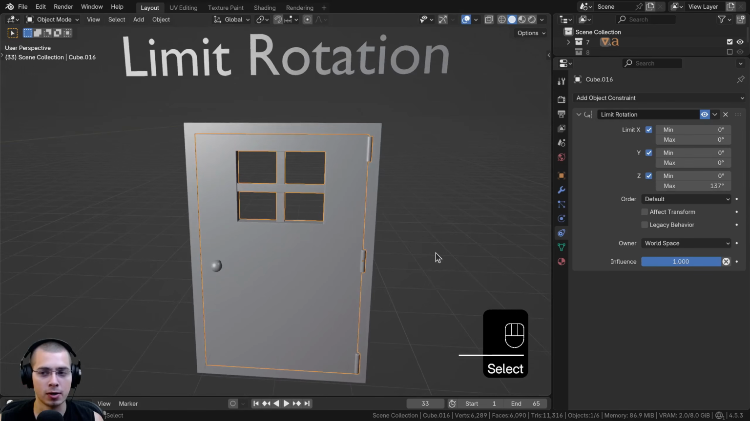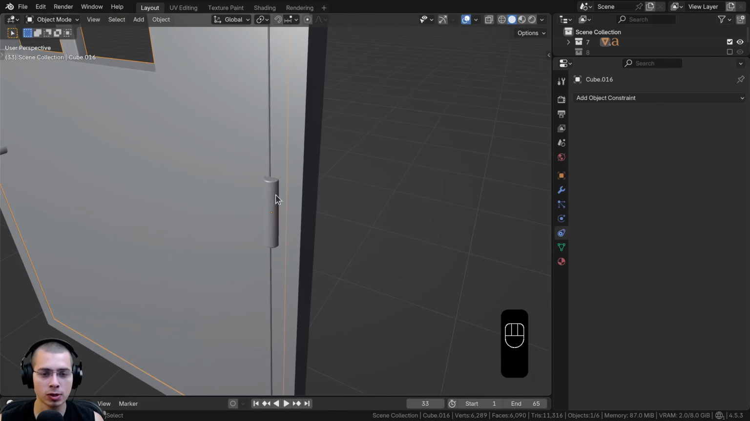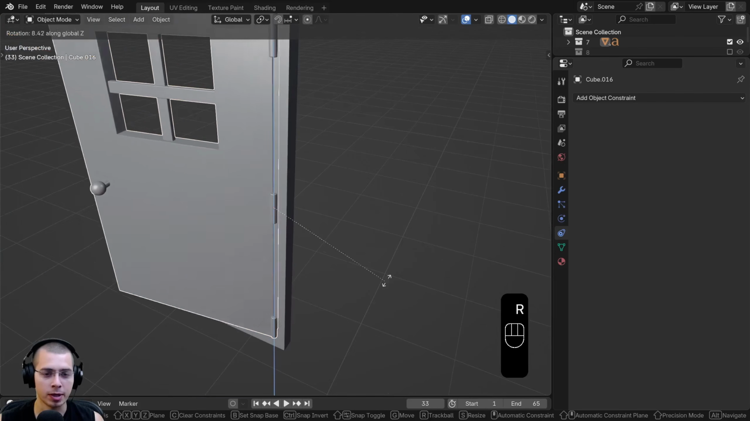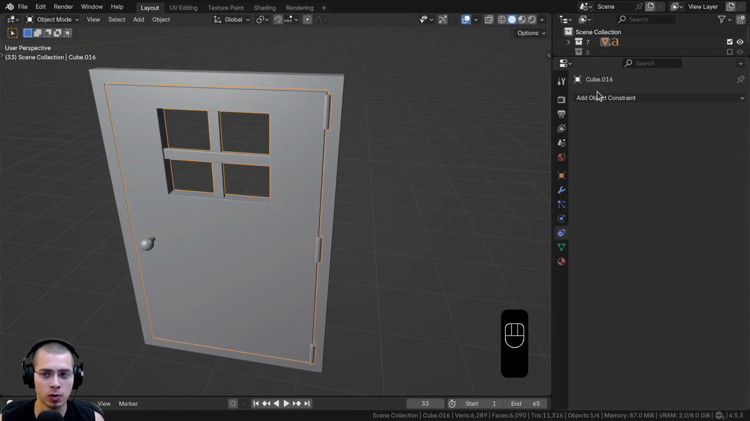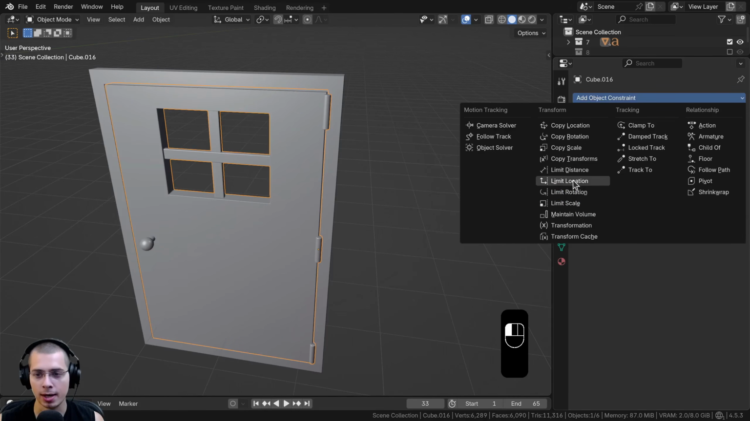So let me show you how to do it here on a door. And you can see that the origin point is right where the hinges are. So that way when I rotate the door on the z-axis, it's going to rotate with the hinges. So we'll select the door and we're going to click on Add Object Constraint, and I'm going to add the